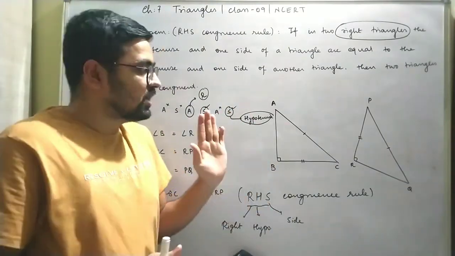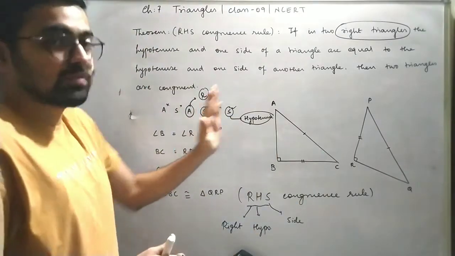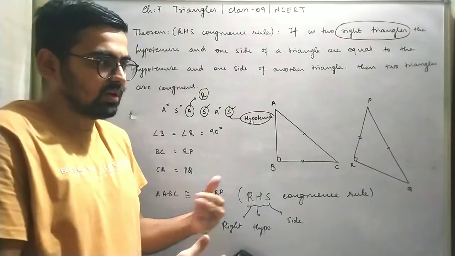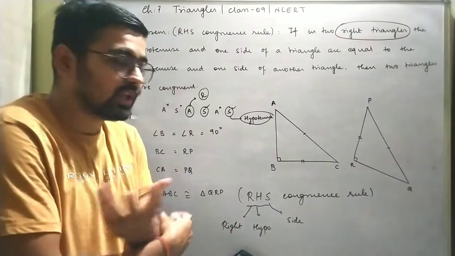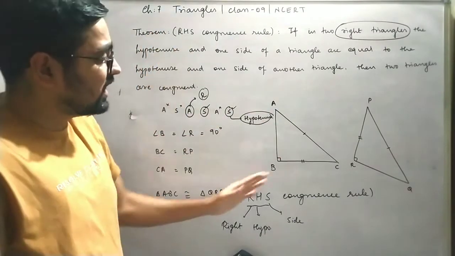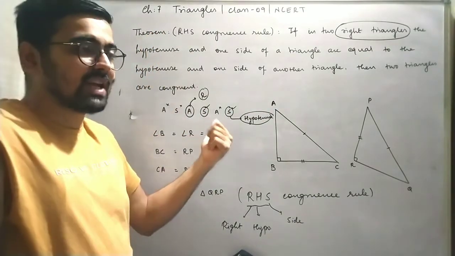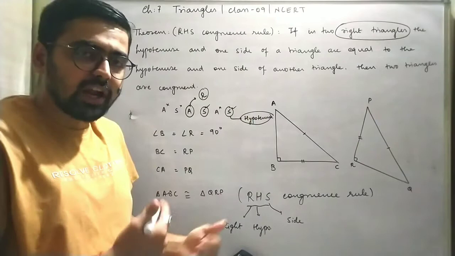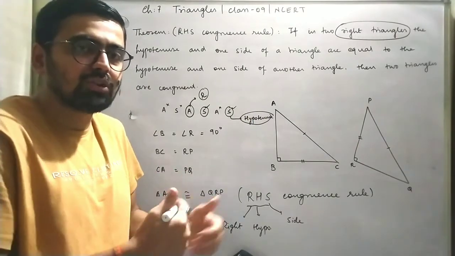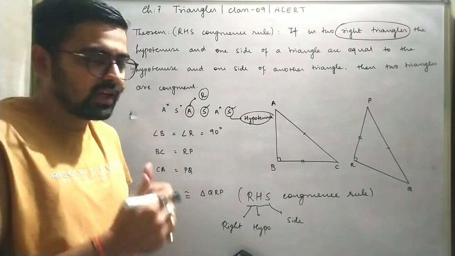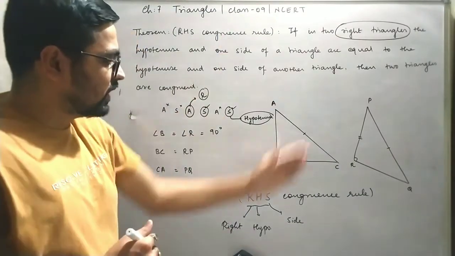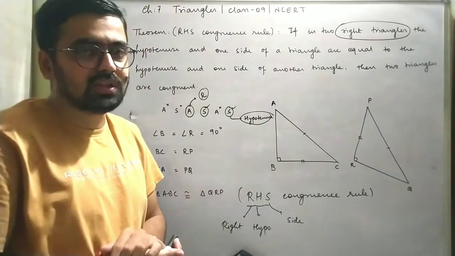Am I clear? So this is the last congruent triangle criterion, but this is not the end of the chapter. There are a few main topics left. We'll do that, but to understand this theorem and the previous one, that is SSS and RHS, we'll try to solve one or two examples जिससे हमें इन theorems के साथ थोड़ा attachment मिले. Correct. And then we'll see when we go for the exercise. Am I clear? You can pause the video and note this down.